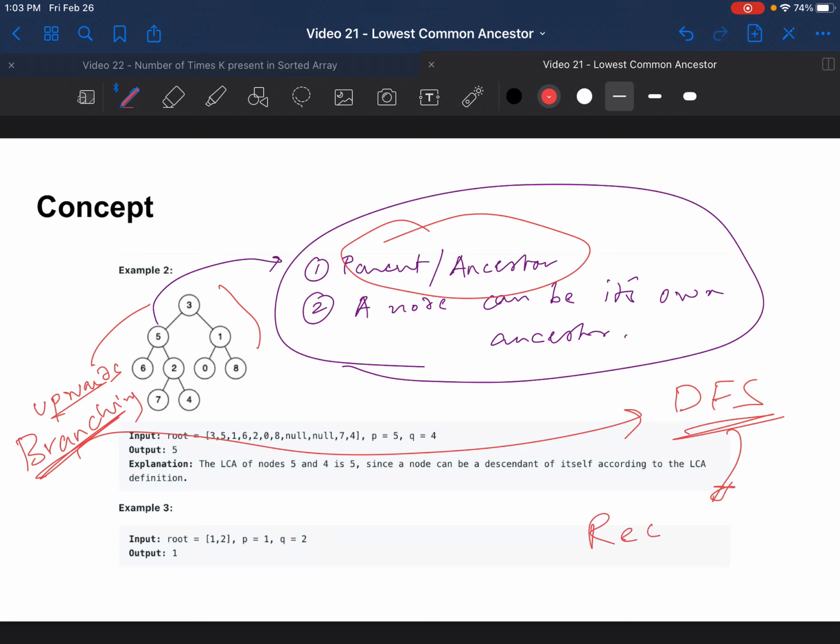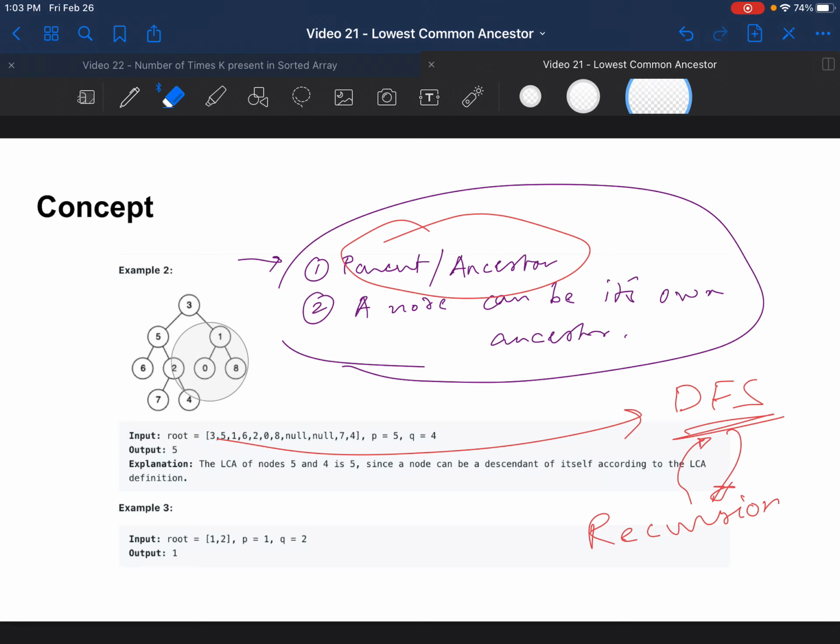The method I usually like to apply is DFS, which is depth first search, or you can also call it recursion. They are exactly the same thing. I would call DFS an application of the recursion concept. So what you're doing is you're going depth first, you explore, you go all the way down, and then you return a signal upwards saying, okay, I've found this node. And whenever the signal has been received at one point, you can simply say, I have seen both the nodes I was trying to find here, and I'm the parent.